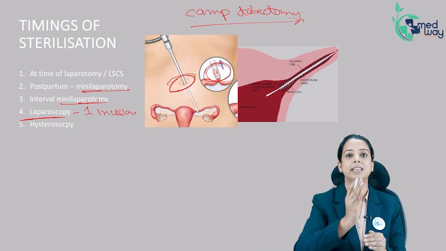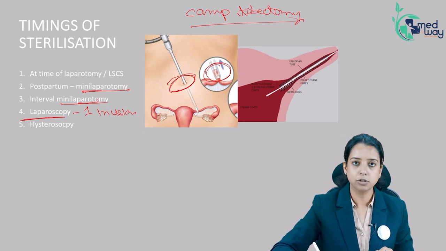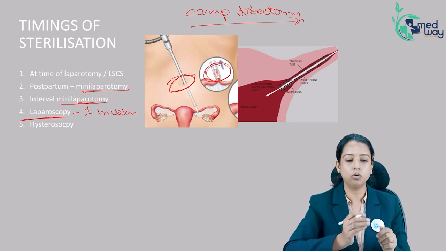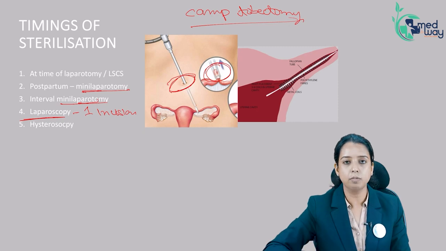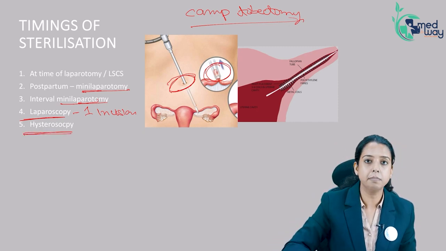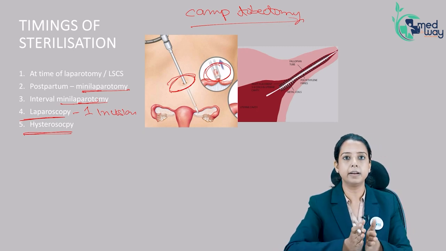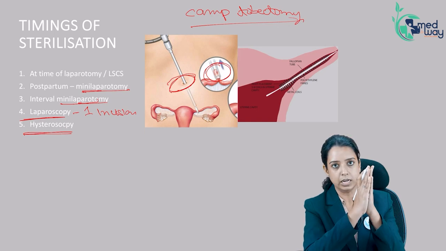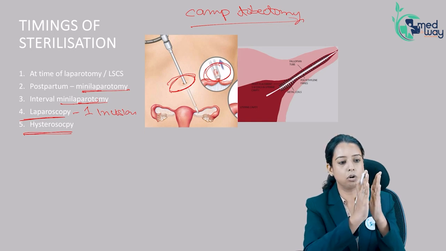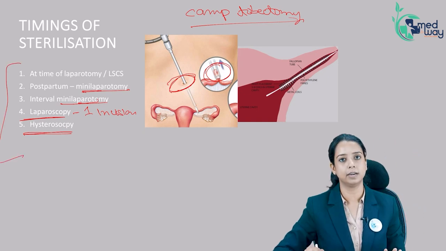Why not go inside the uterine cavity and occlude it from inside? So this is actually occlusion. You are going to occlude this lumen. This is tubal occlusion done via hysteroscopy. You insert a foreign material made up of steel and titanium inside the tube. Inflammatory reaction will happen and the lumen will occlude. You are not cutting and tying the tube. You are occluding the lumen. So these are the 5 ways by which you can do tubal sterilization.